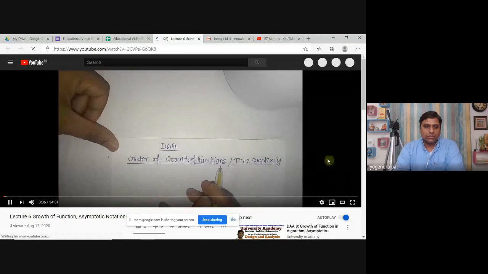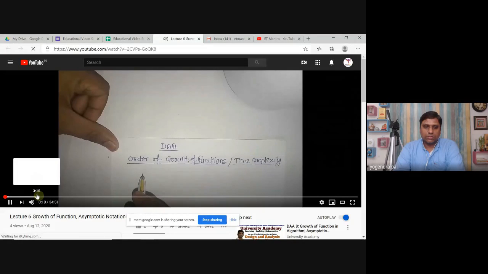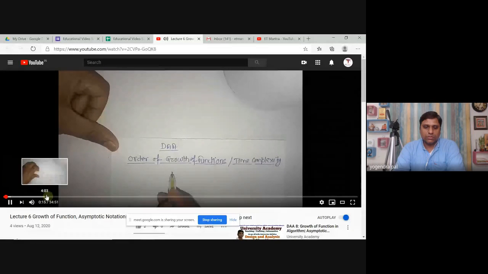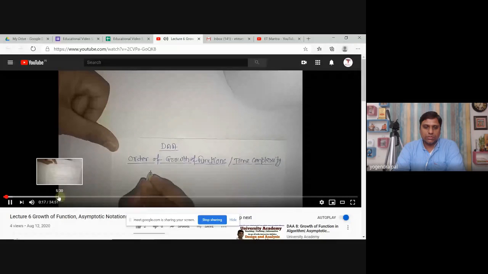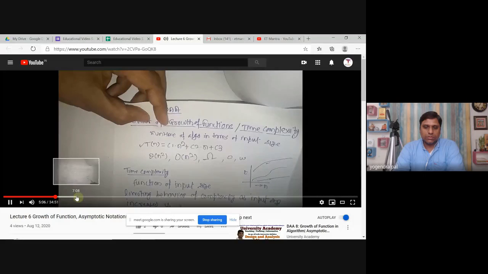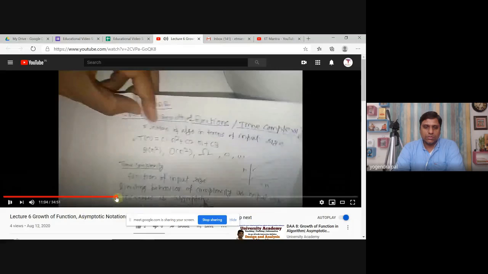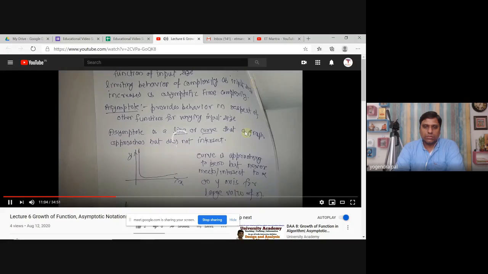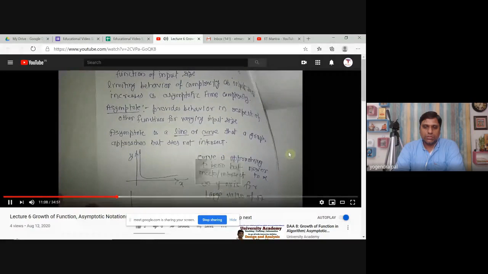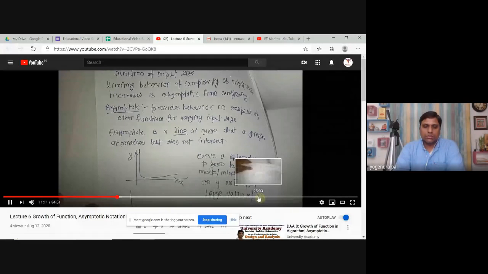Whenever we write an algorithm, we try to find out the runtime of the algorithm in terms of input size. Asymptotic time complexity.